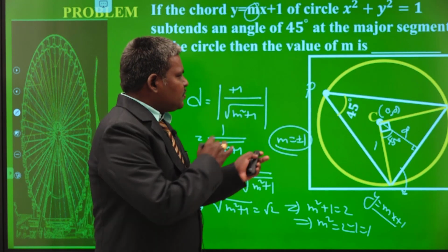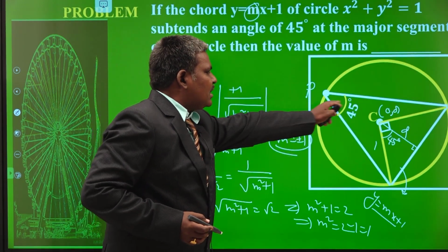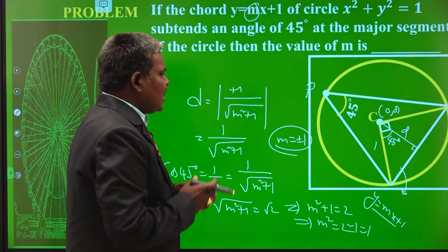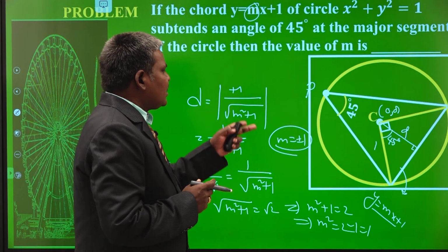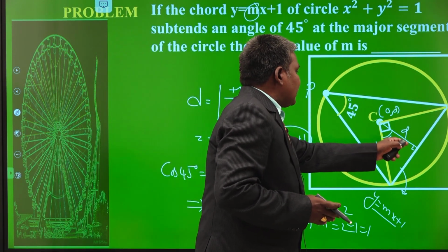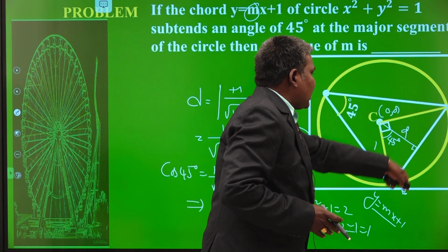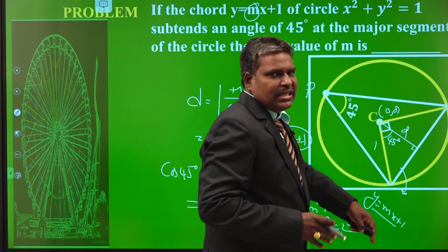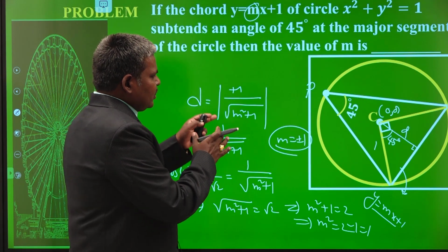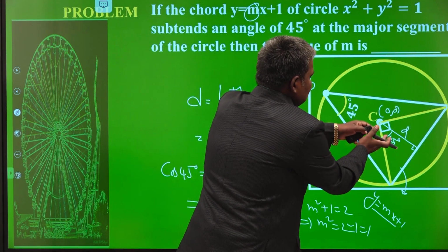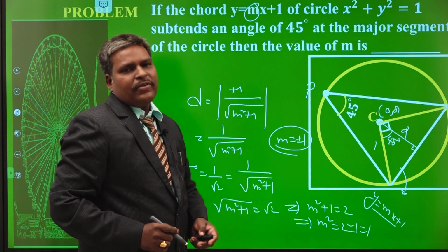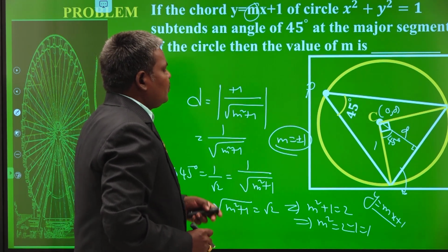What is the logic behind this problem? If it is theta, that will be 2 theta. If you are missing that concept, it is very, very difficult to find the slope of the line. How to solve this one? Otherwise, you have to solve the line with the curve, find 2 points and take the slope. We are misleading the concept. So once you know that this is theta, and it is 2 theta, automatically by taking the cos theta, we obtain the value of m.